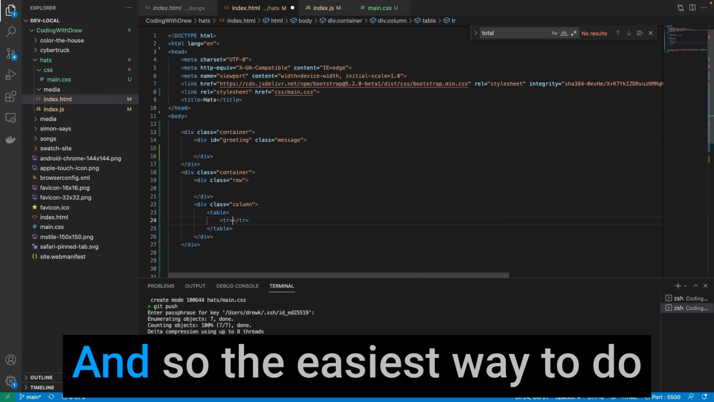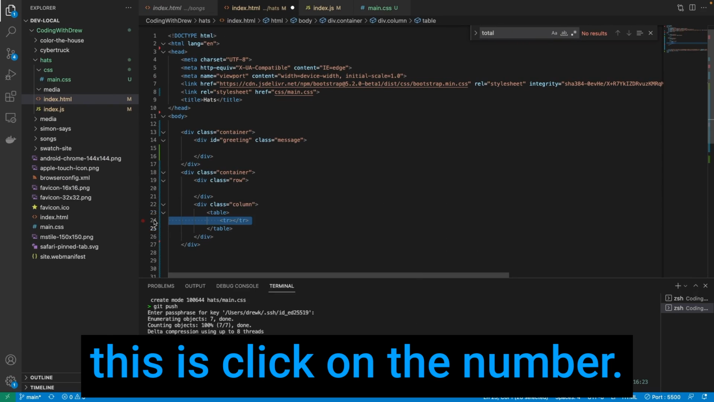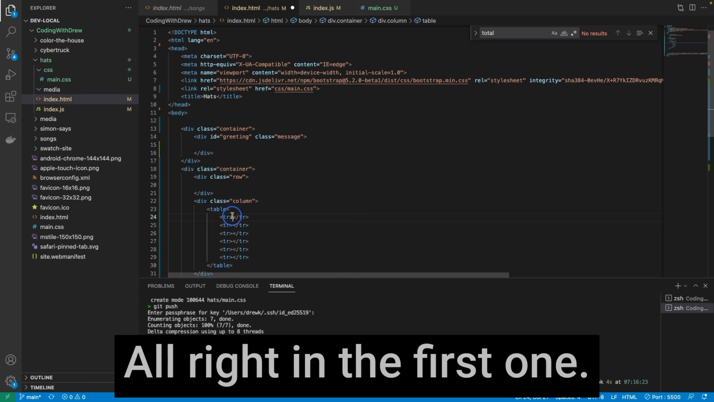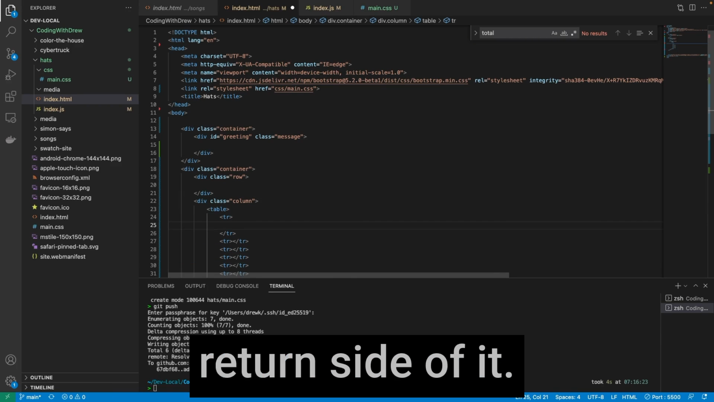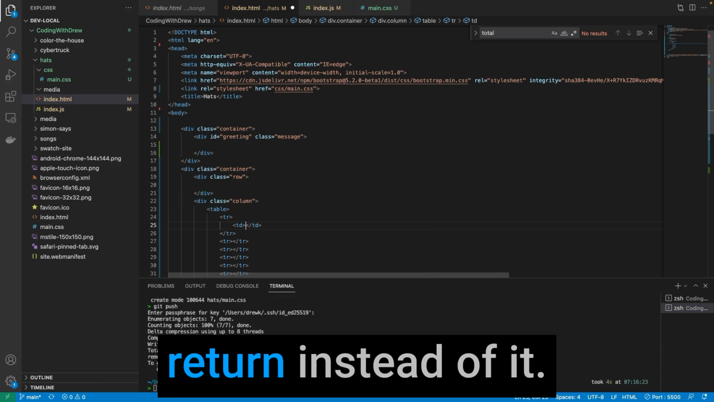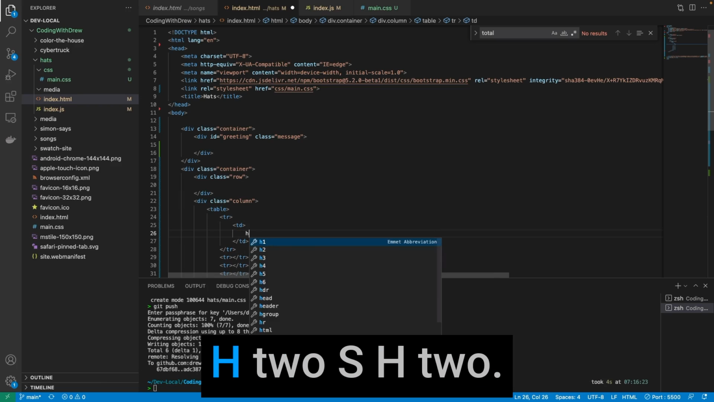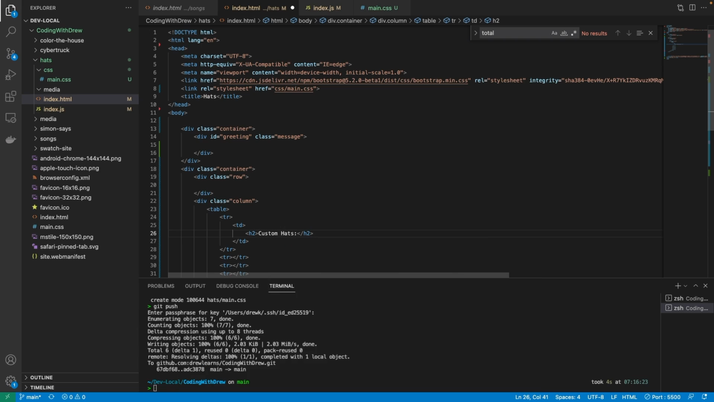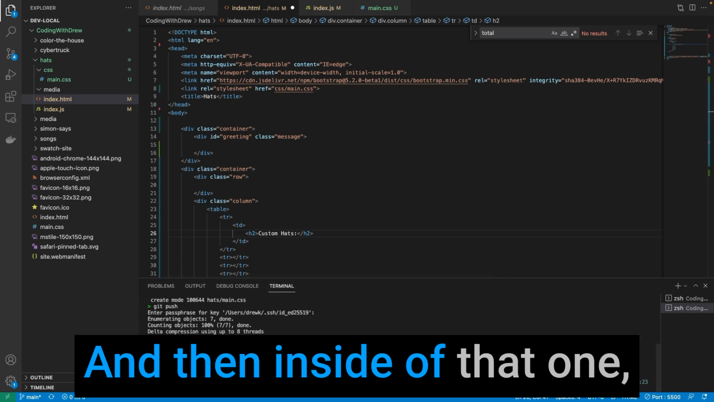And so the easiest way to do this is click on the number, Option Shift 1, 2, 3, 4, 5, 6. All right, in the first one, we're going to press return inside of it and say TD, and we're going to press return inside of it. It's going to be an H2. So H2, and it's going to say custom hats. And then inside of that one,